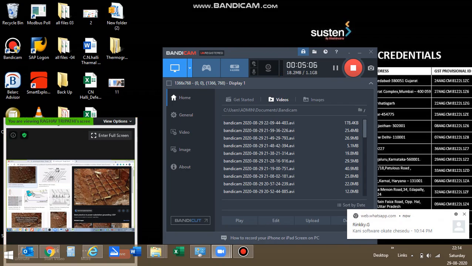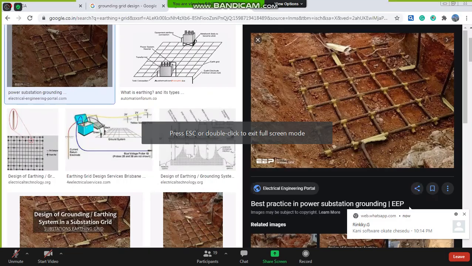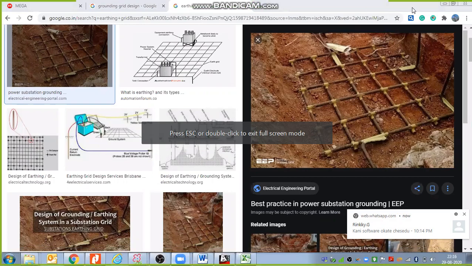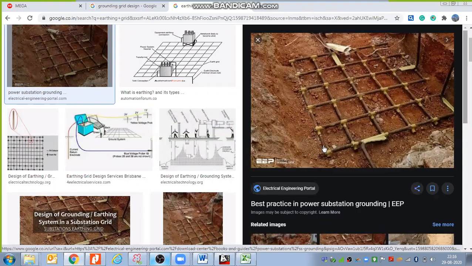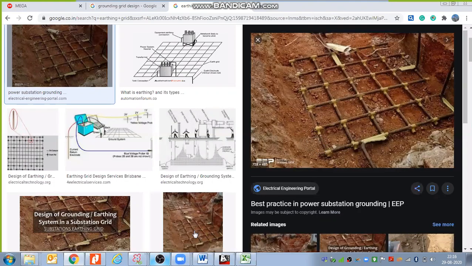Yes, Sahu. Sir, due to this step and touch potential, the GPR will increase or decrease accordingly. No, not due to the step and touch potential, it is due to the GPR. Because of GPR, what happens? Here we have the conductor. Joshi, yes, there should be some GPR. So some resistance.